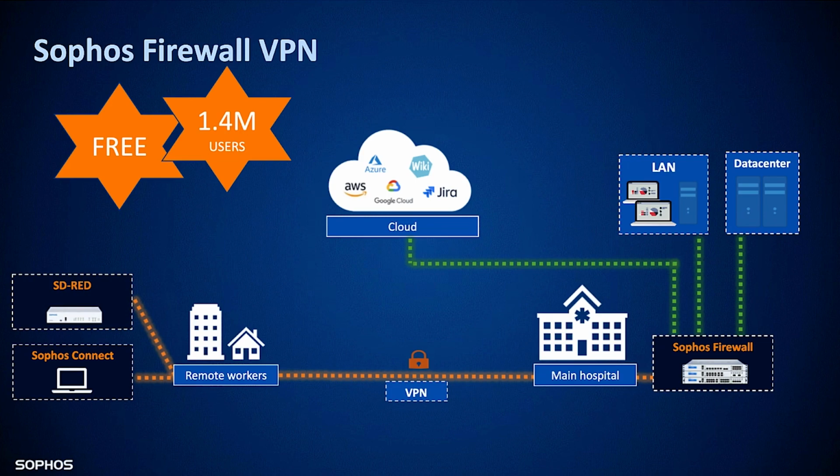SD-Red, that's our software-defined remote Ethernet device. It's a simple plug-and-play device, great for smaller clinics and individuals to connect to that main network with an always-on, easy connection. They don't need the IT expertise out there to set that up. You can configure it, send it out. They just plug it in, and it will phone home and create that connection back to the firewall, ultimately protecting,